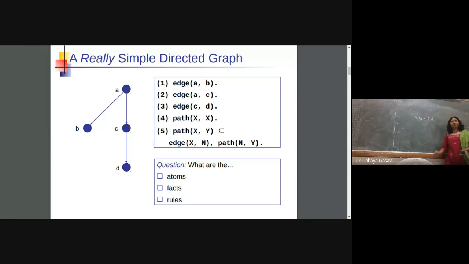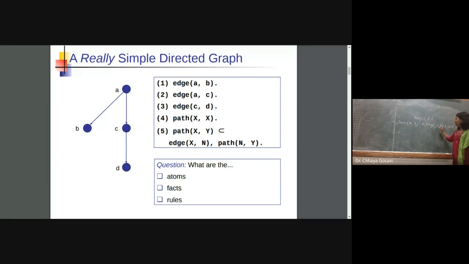So how to solve this query? We have to write the rule first. What is our rule? Path X comma Y implies there should be an edge from X to some N, and recursively you are checking whether there is a path from N to Y.